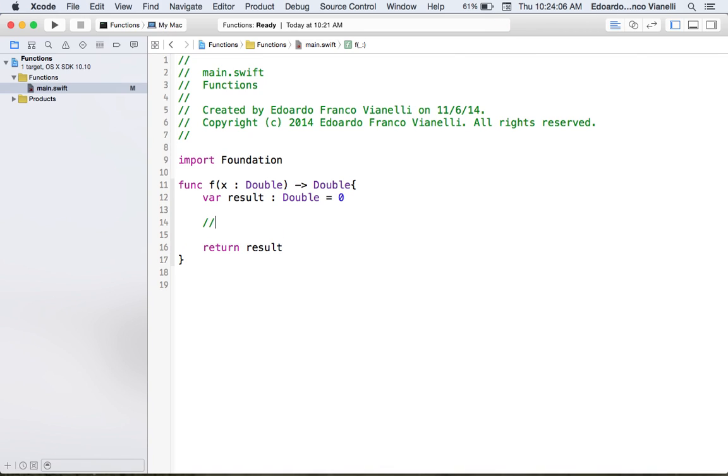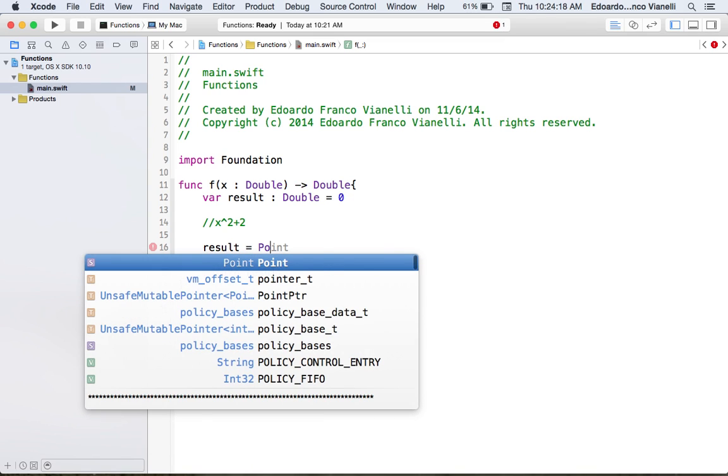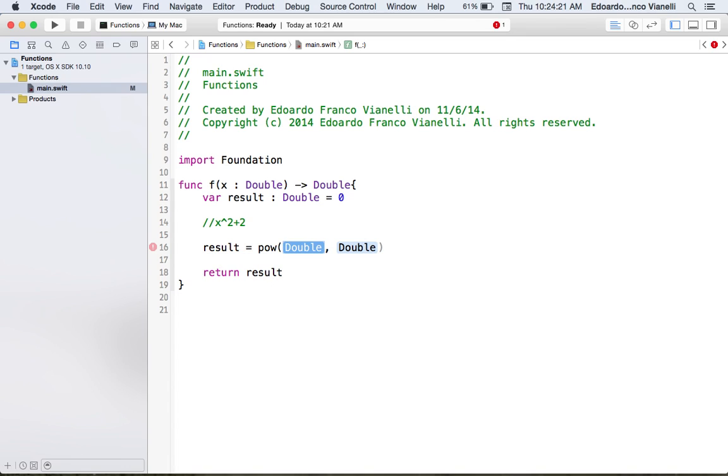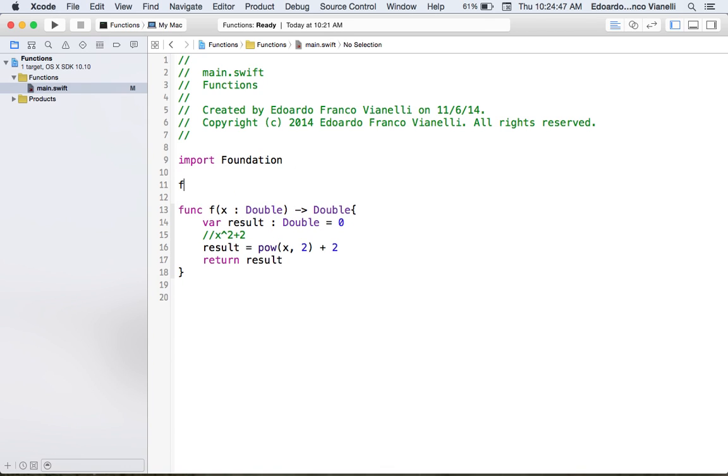Now, let's say our function is x squared plus 2. We then assign result to the power function. The power function lets you enter a base, which in our case is x, and elevate that to the power of 2. We then add 2 and return the result. So when we want to get the result of this function, we can just call the function